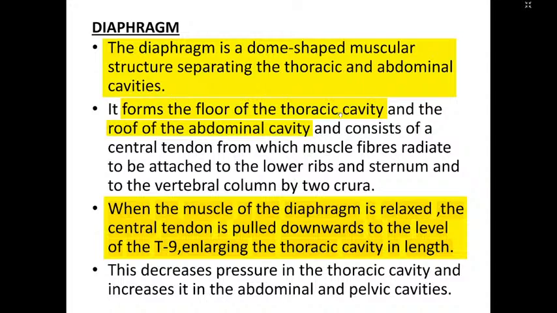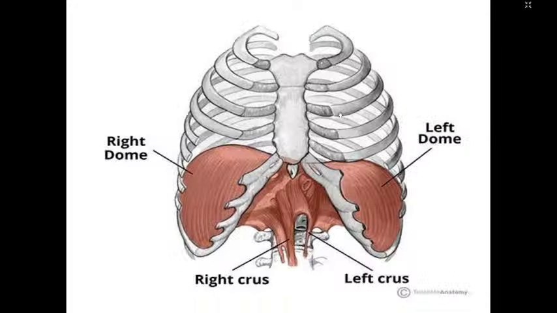So there is a decrease in pressure in the thoracic cavity and an increase in the abdominal pelvic cavity. So this will cause the diaphragm to move down and the pressure will increase. So this is the left dome of diaphragm, this is the crurae, right dome of diaphragm. So liver is under this. There is something called tidal percussion. When the patient is lying prone, you percuss. There is a dullness and resonance which is increasing and vanishing with each respiratory cycle.